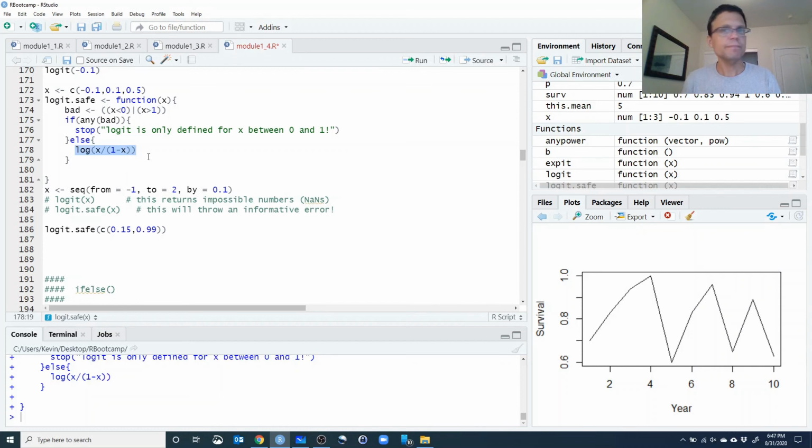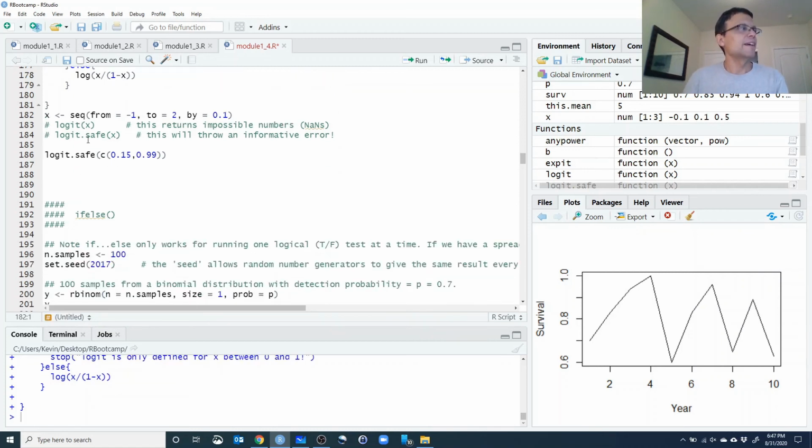returning whatever the last thing is that the function does. So in this case, it's going to correctly return the Logit transformation of the probabilities, or it's going to throw an error. So let's run that, and we'll specify a vector. In this case, a sequence that goes from -1 all the way to 2 in units of 0.1, and